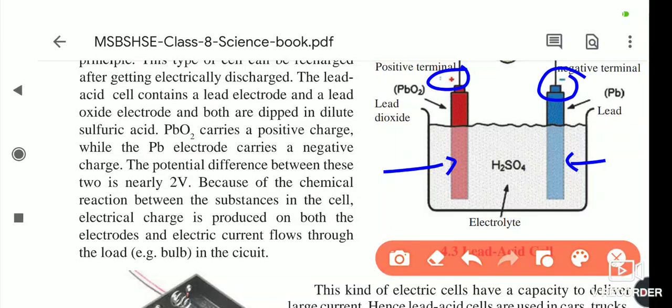The lead acid cell contains a lead electrode and a lead dioxide electrode, and both are dipped in a dilute solution of sulfuric acid, H2SO4. This is working as the electrolyte. In the last one, the dry cell, ammonium chloride NH4Cl and zinc chloride were working as the electrolyte. In this lead acid cell, H2SO4 is working as the electrolyte. The potential difference